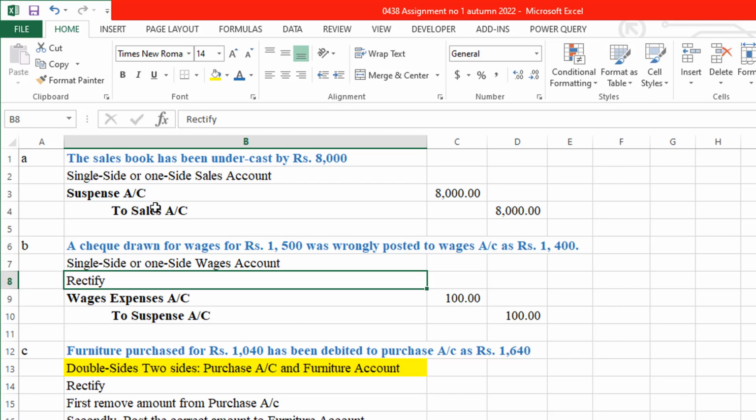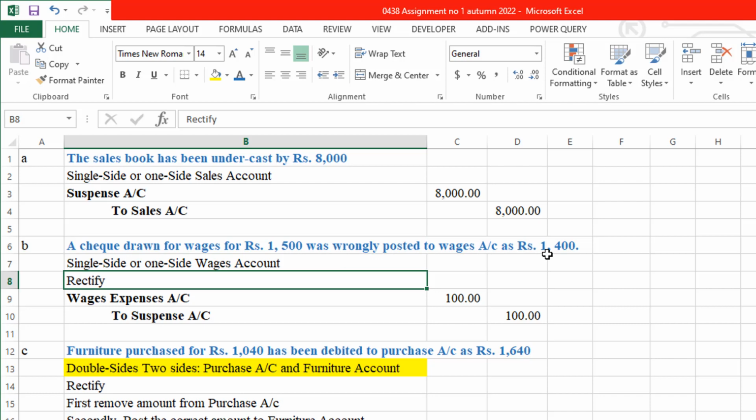So we need to increase the credit side of sales account by the rupees 8,000. So suspense account is debited and sales account is credited by 8,000. As a result, our sales account will be increased by the 8,000 and the issue of undercast will be solved. Second transaction, a check drawn for wages for rupees 1500 was wrongly posted to the wages account as rupees